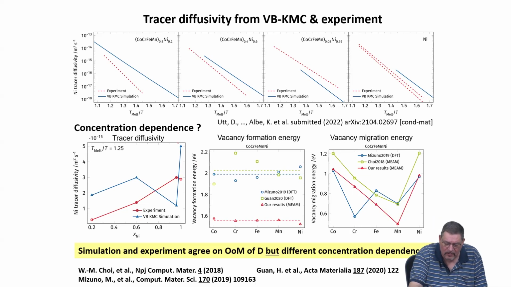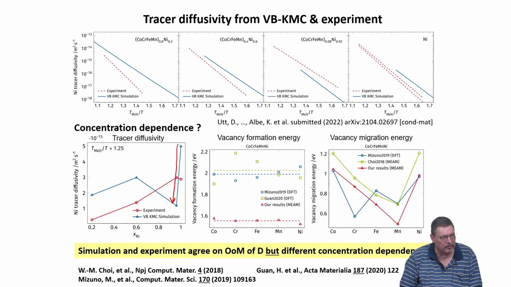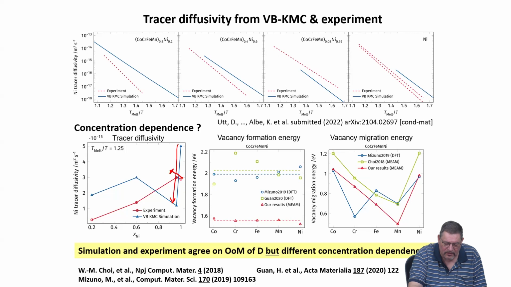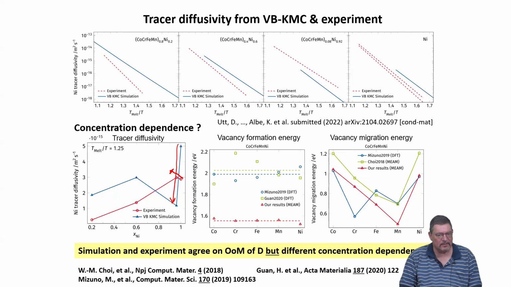You see here they go down first when you go from pure nickel to dilute solution, but the experimental data was showing first a small increase. This is probably because vacancies are very difficult to really integrate into any type of atomistic simulation in a realistic way. But I would say the outcome is mutually